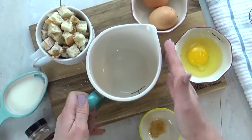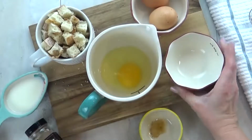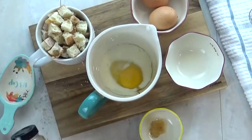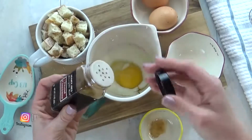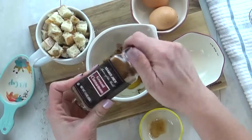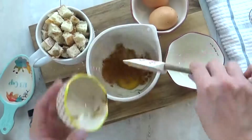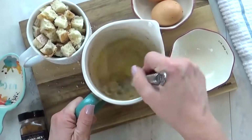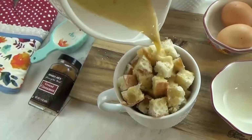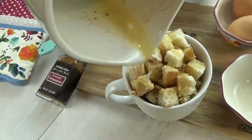mixture. For this, I'm adding 1 whole egg to a mixing cup. I'm also adding 3 tablespoons of milk, followed by a few shakes of cinnamon. I love cinnamon in my French toast, it is so good. And then I'm going to add just 1 drop of vanilla. I'm going to go ahead and whisk this all together. And then I'm going to very slowly pour it all over the bread, trying to get some on every single